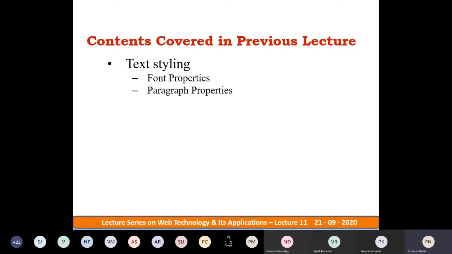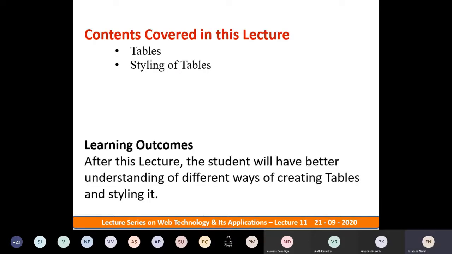With the help of this, we'll move to the next topic, tables. Next is creating tables, then styling of tables. In today's lecture we will study different ways of creating tables, and how you can make tables attractive by applying styles to them.